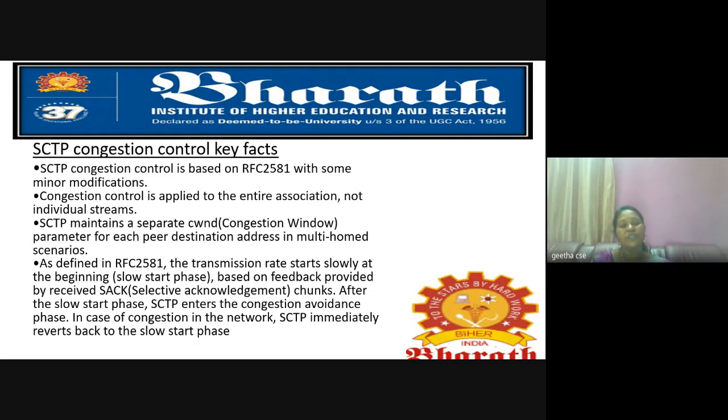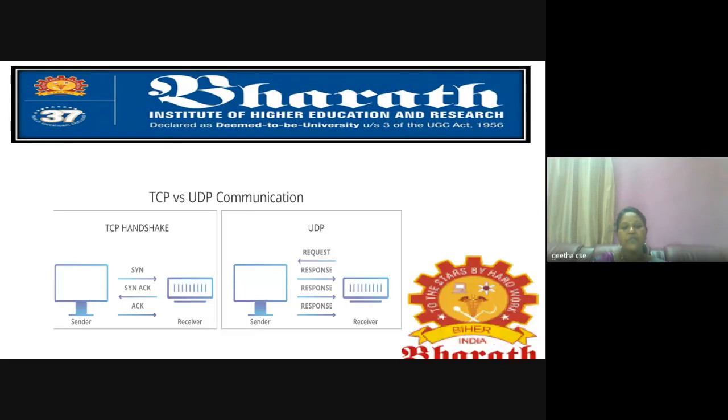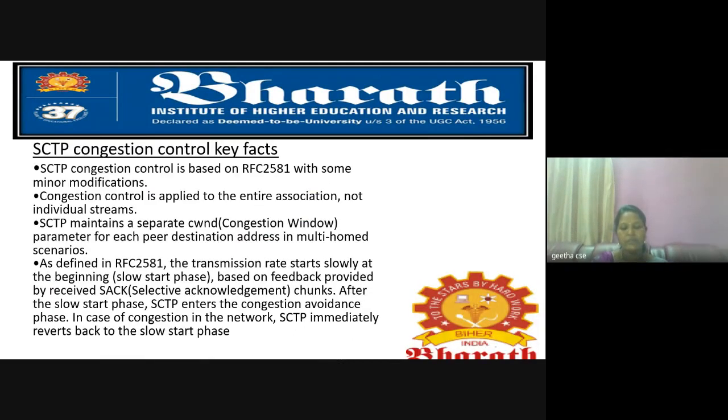Then it supports congestion control. That is a very important feature of SCTP. That means it maintains a separate phase, called the slow start phase, to avoid network traffic. Once it comes to know that there is network traffic on the opposite side, it will slow down its sending process. That is one important feature. It works with the CWND window. So that is the main feature of SCTP congestion control. It works with the slow start phase given here in the slide. It works with selective acknowledgement. Through selective acknowledgement it comes to know there is traffic. If acknowledgements are very few, it comes to know there is traffic. So it will